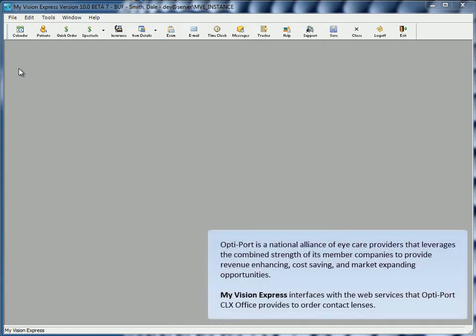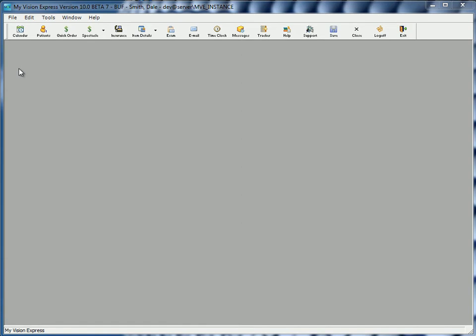Optiport is a national alliance of eye care providers that leverages the combined strength of its member companies to provide revenue enhancing, cost saving, and market expanding opportunities, as stated on their website. In the release of version 10 with My Vision Express, there's a seamless integration to their CLX contact lens management portal. We're going to demonstrate this, and you'll witness how this will enable you to be more efficient